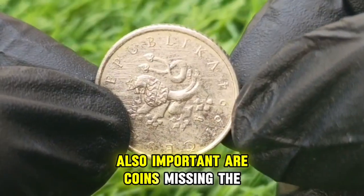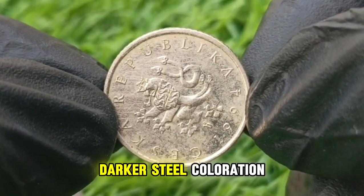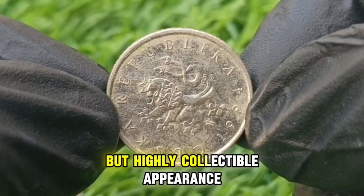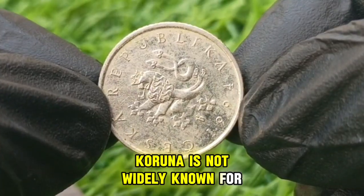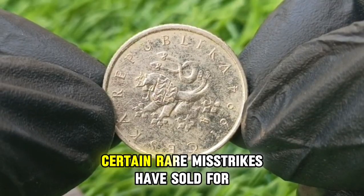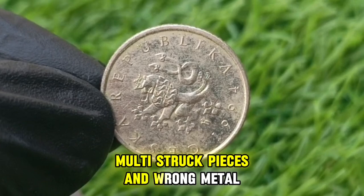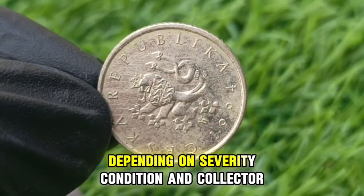Also important are coins missing the nickel-plated steel surface due to plating errors, sometimes revealing darker steel coloration or showing a two-tone effect where sections of the plating did not adhere correctly, creating coins with a visually defective but highly collectible appearance. And although the Czech Republic 1 Koruna is not widely known for ultra-high-value pieces like those in United States or British coinage, certain rare misstrikes have sold for impressive amounts at auctions across Europe, especially heavily off-center coins, multi-struck pieces, and wrong metal examples, which can sometimes fetch many thousands of Czech crowns depending on severity, condition, and